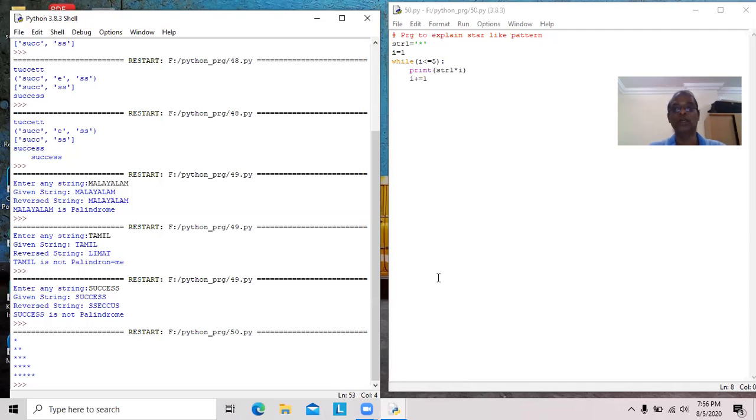Okay, today I stop here itself. I hope all of you enjoyed this lesson. In the next lesson we will study a little bit more. In this lesson we studied split, partition, and then lstrip, rstrip, and reverse. Then we wrote some example programs: how we can find out whether a given string is a palindrome or not, and how we can display a given character multiple times, just like a star-like pattern. That is what we studied.